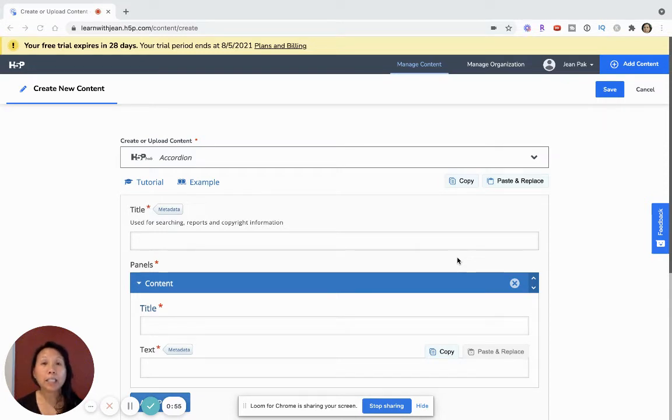So let's get started. The accordion tool is one of the many options in H5P. What I really like using it for is when you're teaching a subject and you really want to hone in on the foundation and fundamentals of a topic. One example I like to give is, let's say you're teaching basic concepts about nutrition, so in terms of sugar,